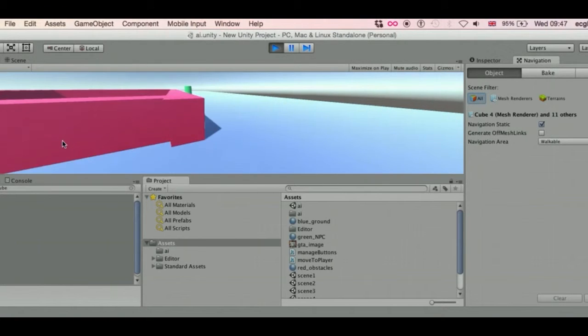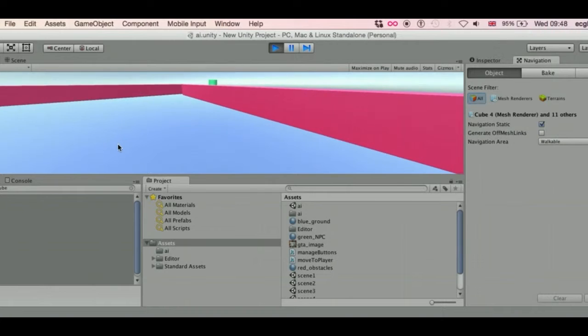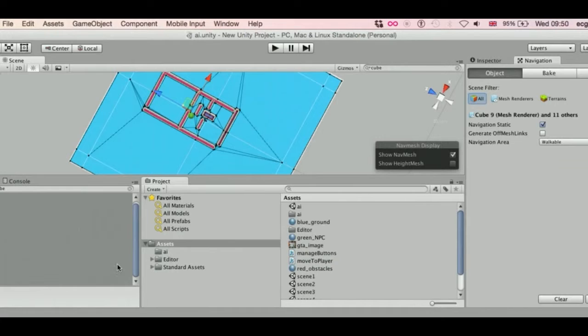We managed to bake a few more walls, okay, just to tell the system that they should be part of the obstacles and that the NPC should not go through them. So at this stage I suppose the system is quite good. The only thing we could do, what would be quite fun to do, would be to add a few more characters. So what I'm going to do is quite simple. We'll just duplicate some of the